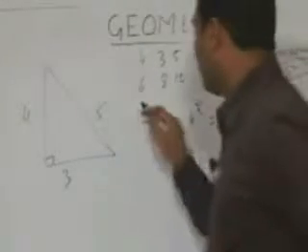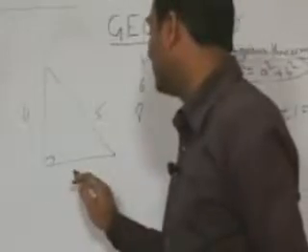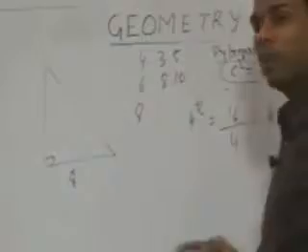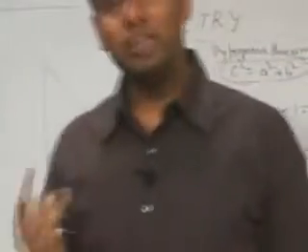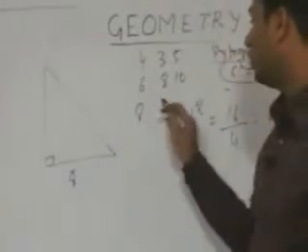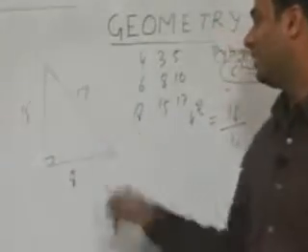Similarly, after 4, 6, let's say the number is 8. If one of the sides is 8, I can definitely say the other two possible sides are: 8 square is 64, 64 by 4 is nothing but 16. 16 plus 1 is 17, 16 minus 1 is 15. So we can say that the other two possible sides are 15 and 17. So if this side is 8, this can be 15, this can be 17 and so on.